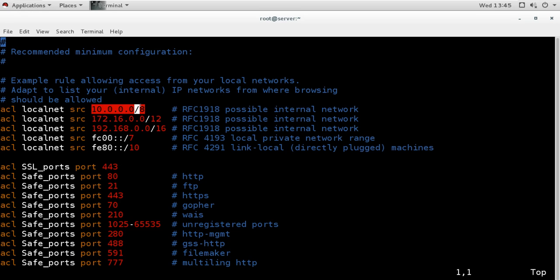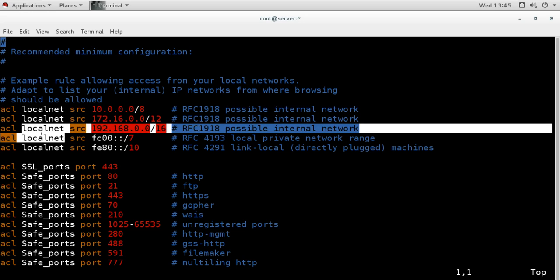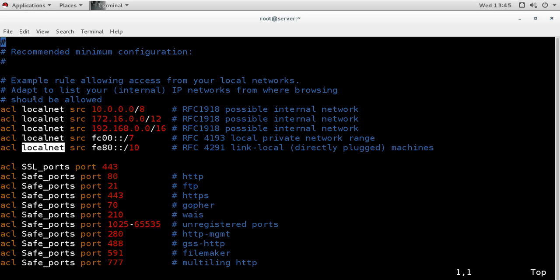The name of the list is localnet. You see all these names are localnet, so it is actually the same list, in which I am mentioning different sources. These are the private IP range from class A, from class B, and from class C, and also the private IPs of IPv4.